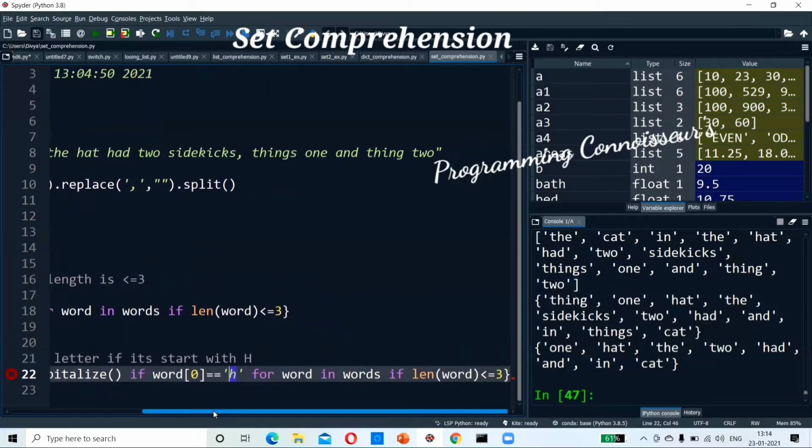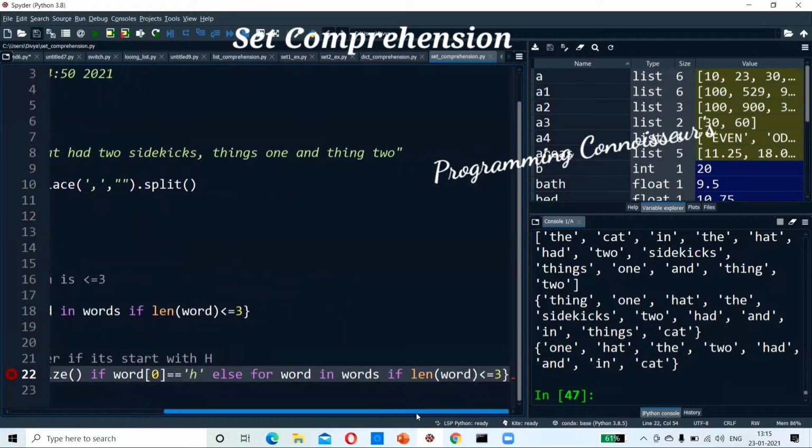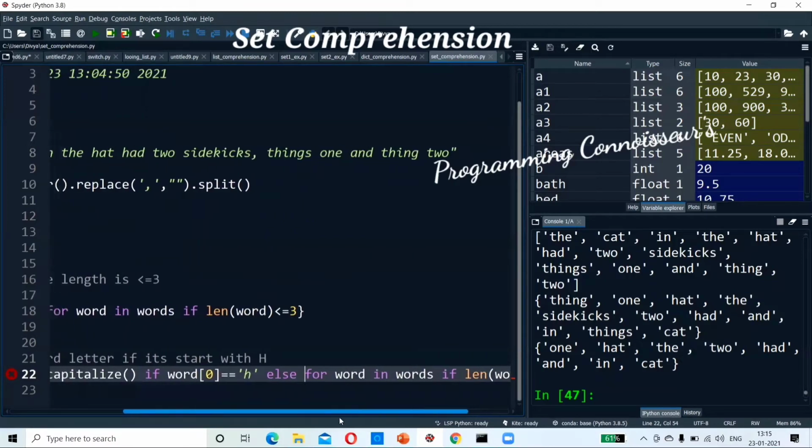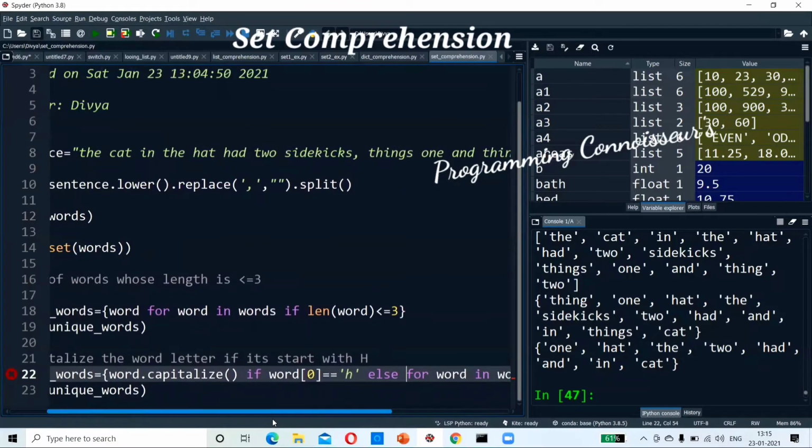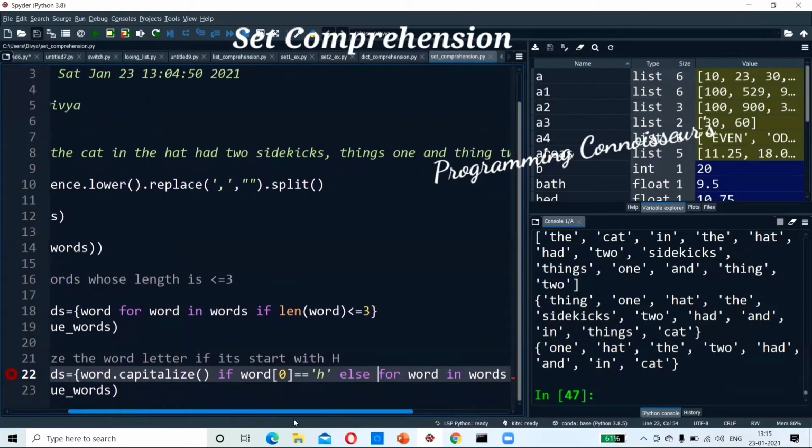That particular character I am saying. For a word in words, length is equal to 0. Word capitalize. Capitalize came from there only. What is also H?